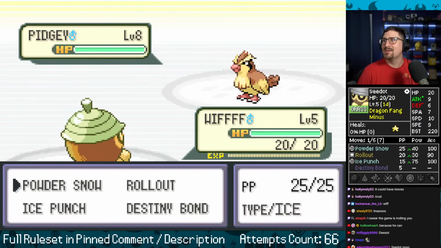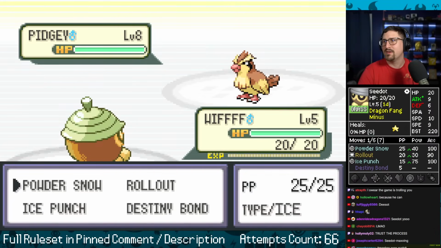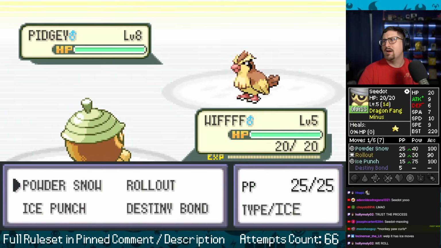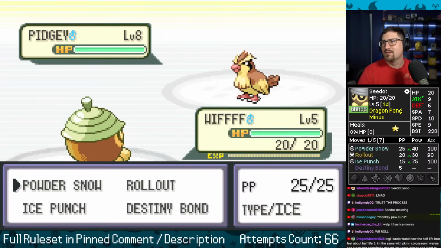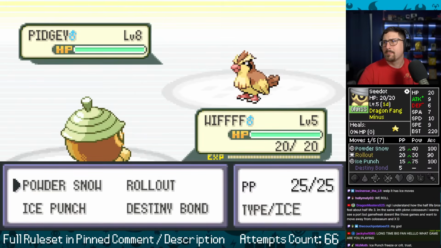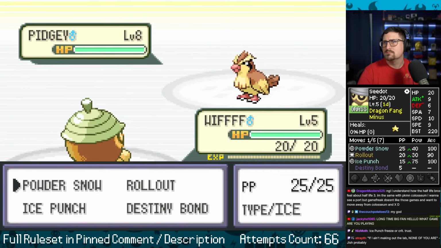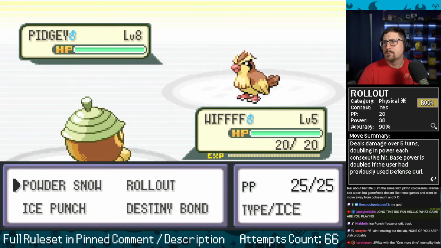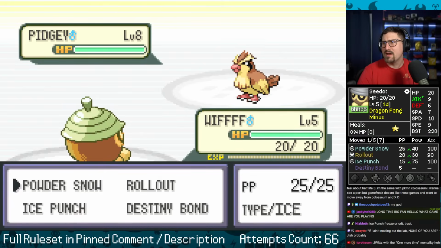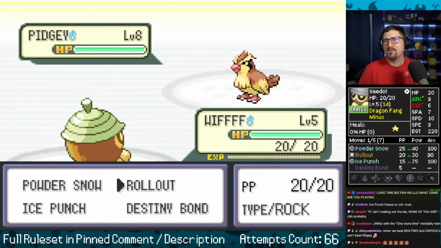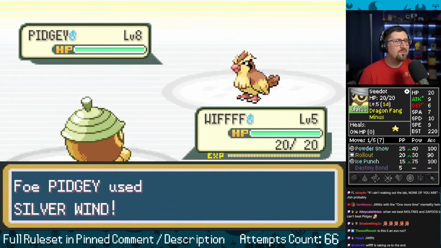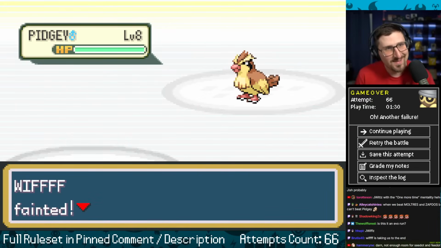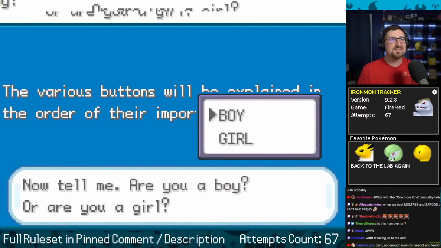I think I'm just locking in. Wait, my attack is higher than my special attack. Both are terrible. Oh wait, no, or I could Ice Punch for the freeze. I think we Ice Punch for the freeze. Again, it's special. Wait. Or we lock into rollout. I think we lock into rollout. No, you gotta survive a while though. I'm gonna lock in. Destiny Bond to make a statement. Oh no, we're just dying to Silver Wind. Sometimes I overthink it. You just kind of gotta brute force.